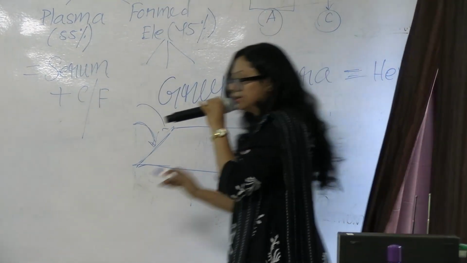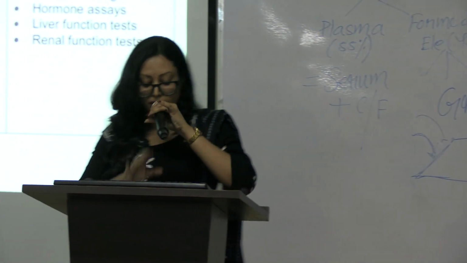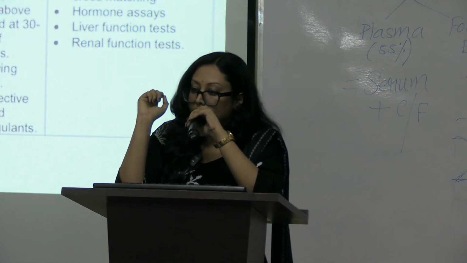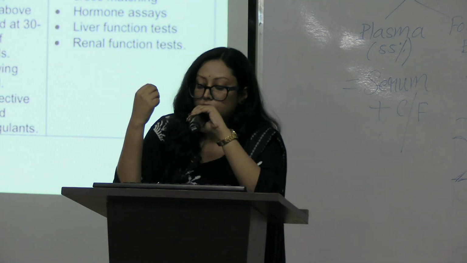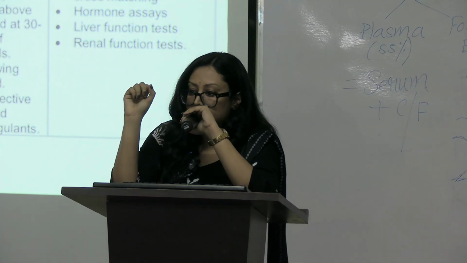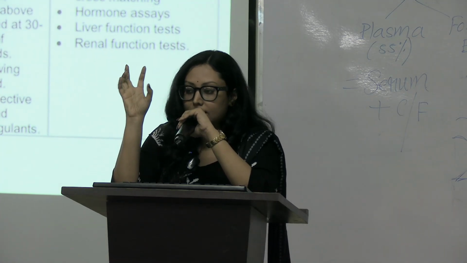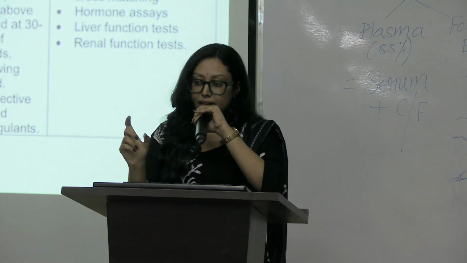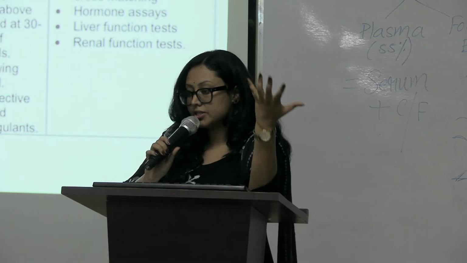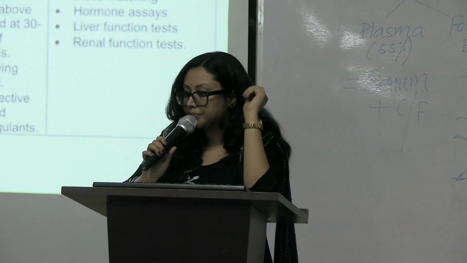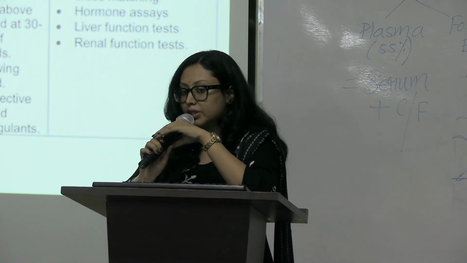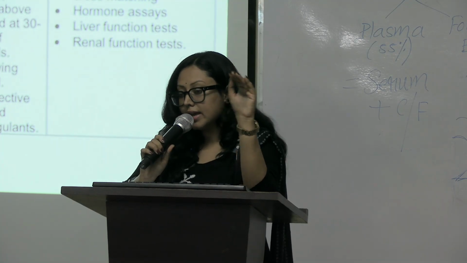Now this needle, I mean the syringe, you will introduce maintaining an angle of 15 to 30 degrees. Now you will draw blood and you will notice a little drop of blood between the needle and the syringe. When we notice the blood coming between needle and syringe, you will ask the patient to open his fist and you will remove the tourniquet. After that, you will draw blood slowly and then you will apply pressure on the site and slowly